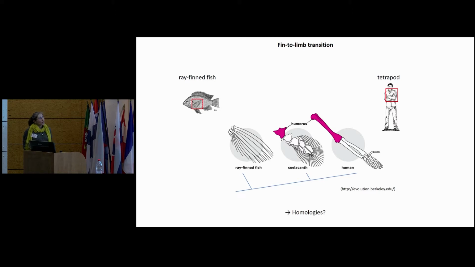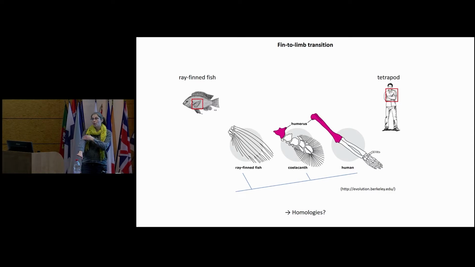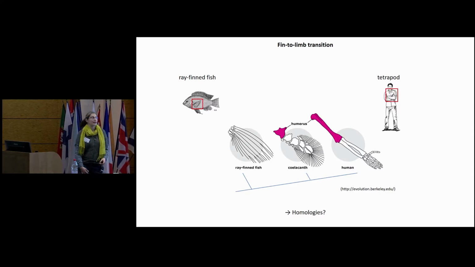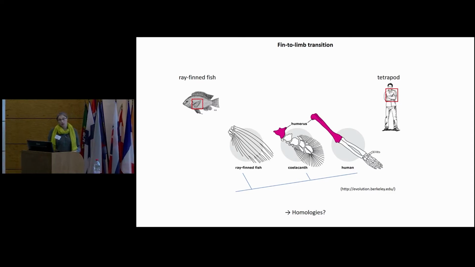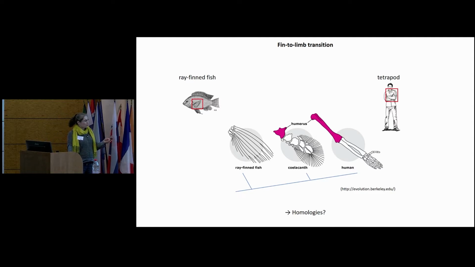I will speak today about the fin-to-limb transition. Why is it an important evolutionary event? Because this is the origin of the limb. When I speak of our limbs, I speak of our arm, for example, or our leg. Understanding this event is a really key and crucial event in the evolutionary history of vertebrates. And it's important to investigate it because